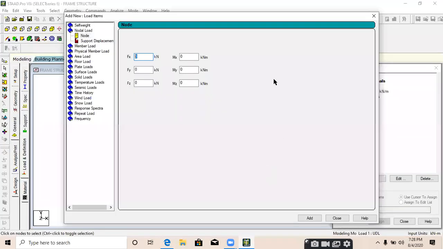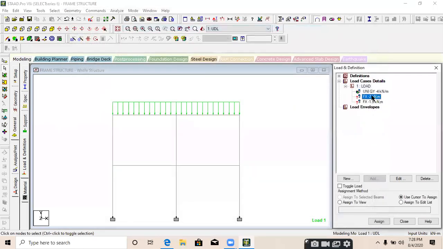Go to the start row and provide -2, add this, -1.5, add and close.